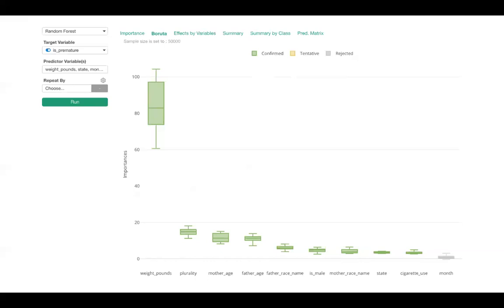So Boruta actually does a statistical test behind the scenes, by creating something called shadow variables from the existing variables. It randomly shuffles the existing values. Therefore, those variables should have nothing to do with the target variable in terms of relation or correlation. So there shouldn't be any relationship. Let's say you have 10 variables as predictors, then Boruta will create 10 shadow variables, and combine all of them to build a random forest